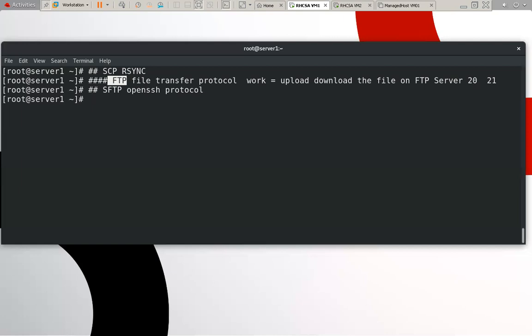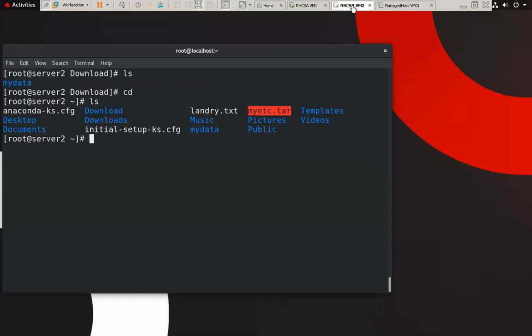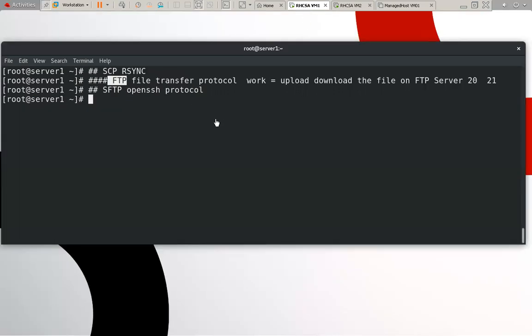Suppose we have two machines. This is my VM1 machine and this is my VM2 machine, and we want to upload and download files. So we can use two commands. When we want to upload, we can use the put command. Put is used to upload the data.